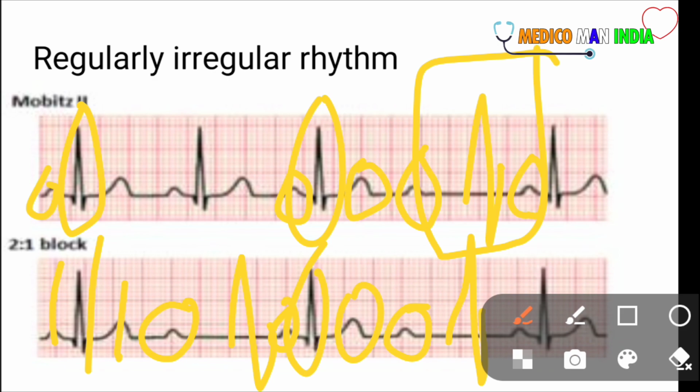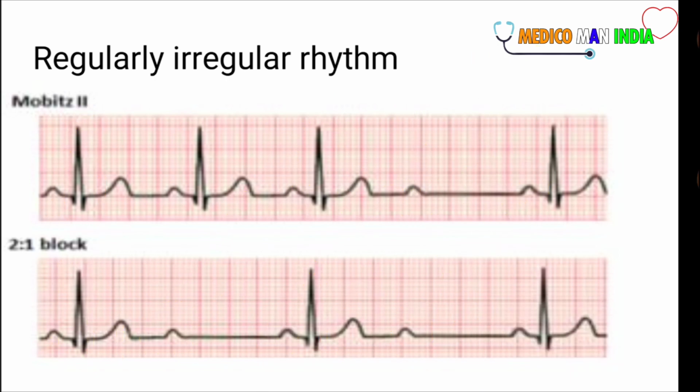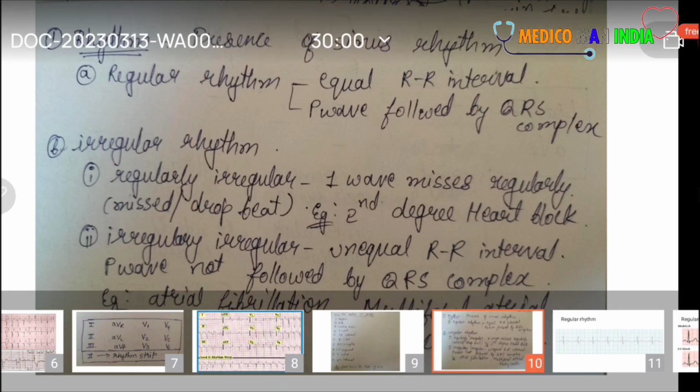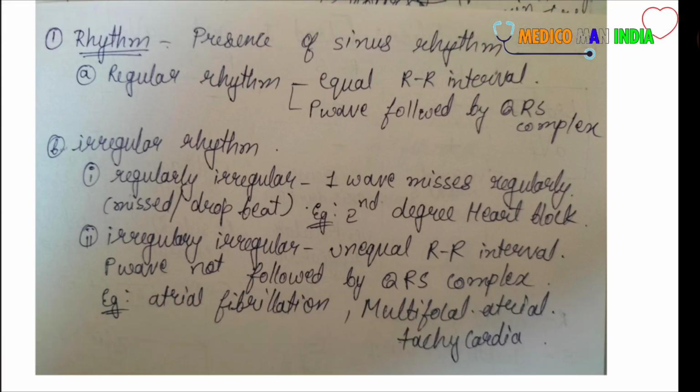Here there is regular missing of a QRS complex. You can see there is missing of a QRS complex. This shows this is a regularly irregular rhythm. Now coming to the irregularly irregular rhythm, it is seen when there is an unequal RR interval, and the P wave is